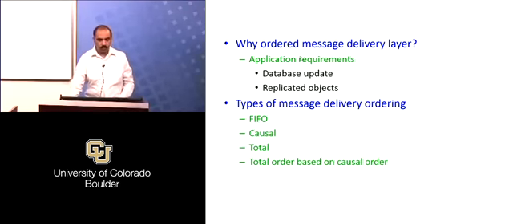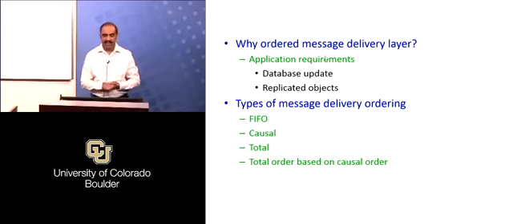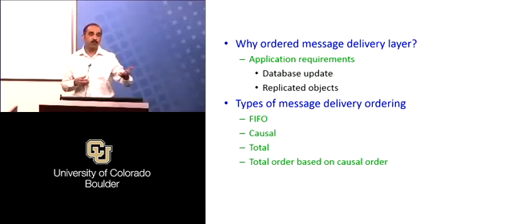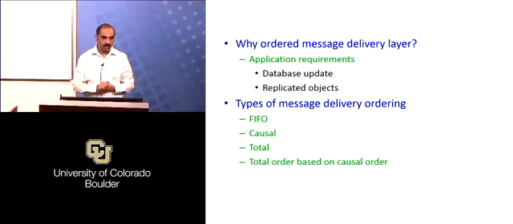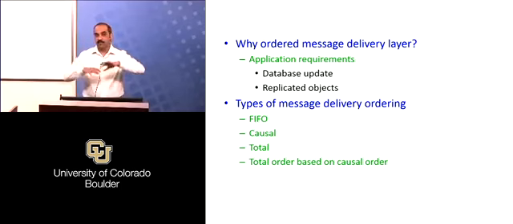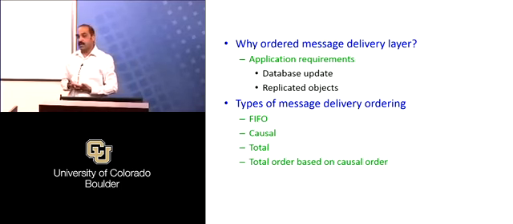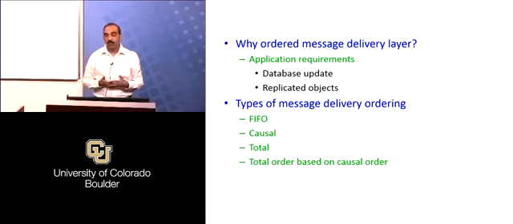So why ordered message delivery? I've been hinting at that. So database updates, replicated objects. One way by which you improve the availability of a service is you replicate the service. Now when you replicate the service, one thing that happens is you want to make sure that these